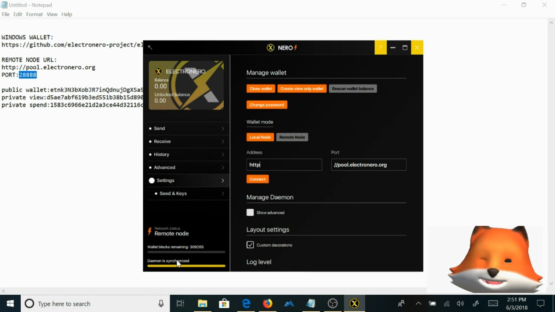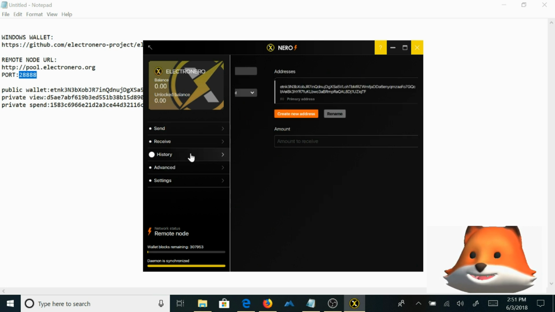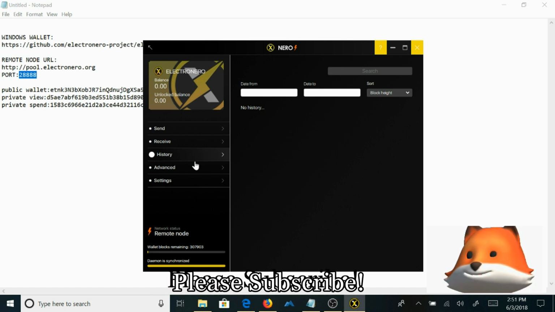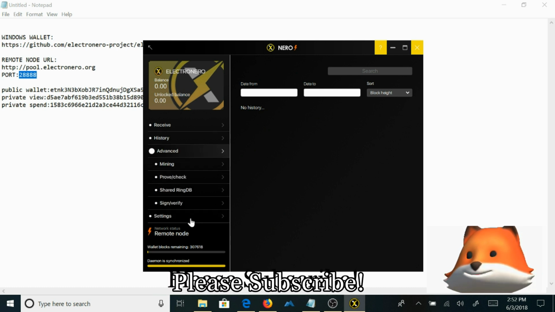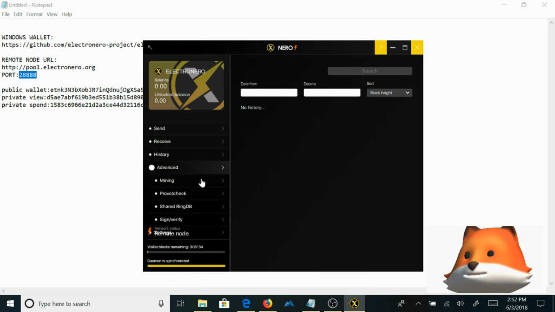It's running. It's going to synchronize all those blocks, and at the end of synchronization, if you had, let's say, mining rewards or whatnot paid to this wallet, it will work. This is how you run the wallet. After you have all that, you can send, receive, and check your history. We can take a look at all these settings right here. And that is it. That is the Windows wallet for Electronero. Hope you guys